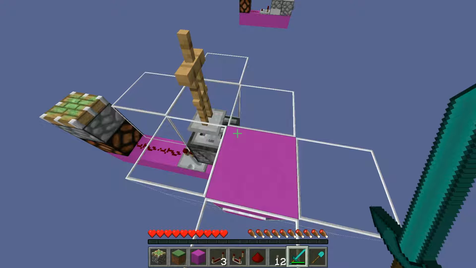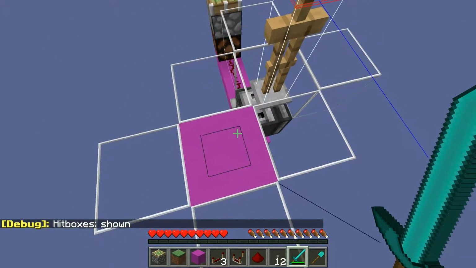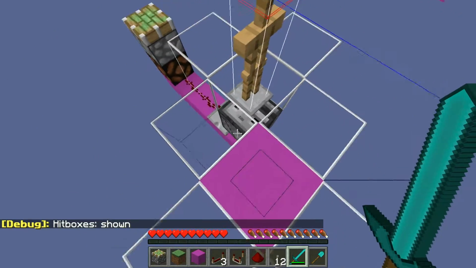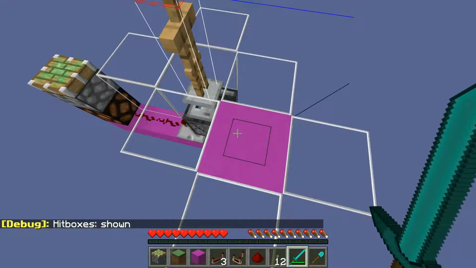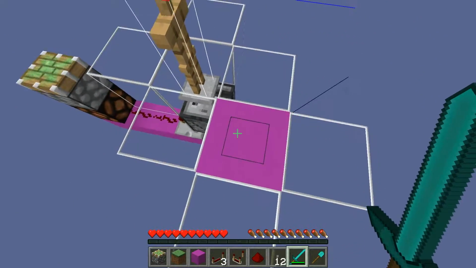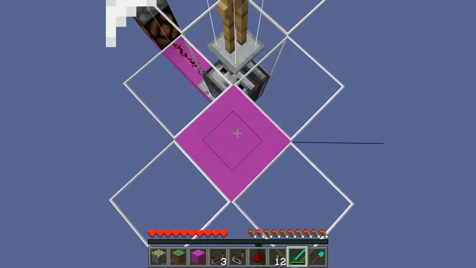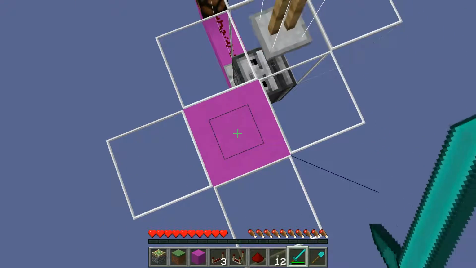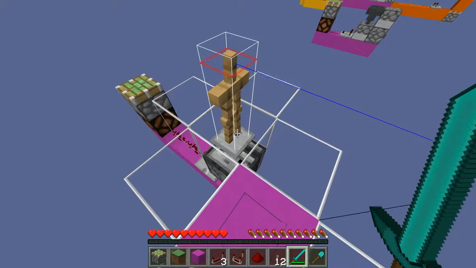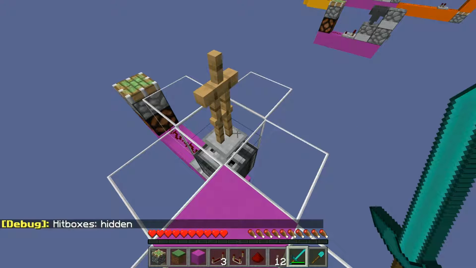Now if I push F3 and B, bring up the hitboxes, you can see a square there, and that is the top of an armor stand just poking out. The hitbox pokes out but you can't see anything, so if you right click, there you go, you get a signal. Nearly every time. So let's come out here,